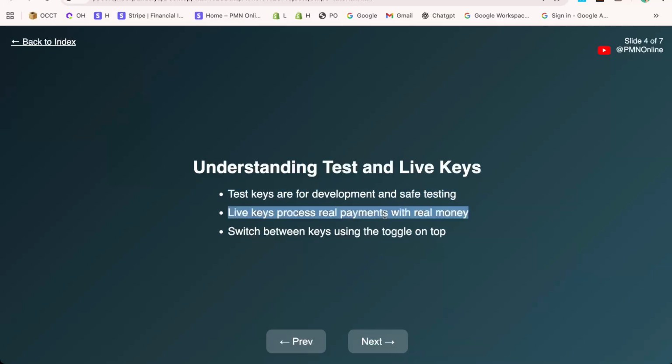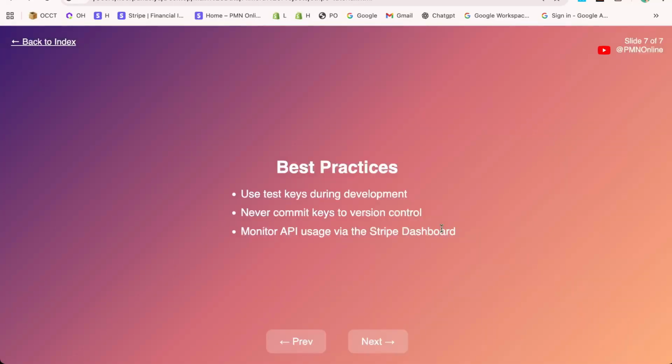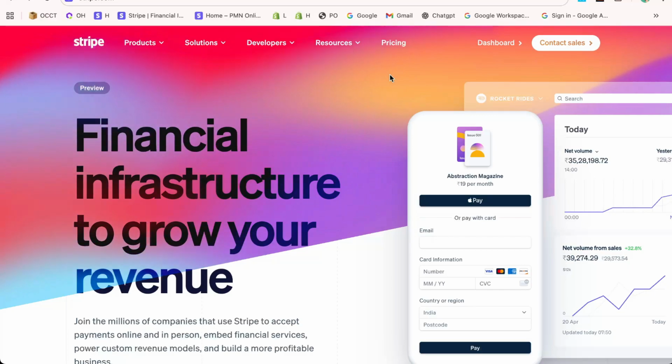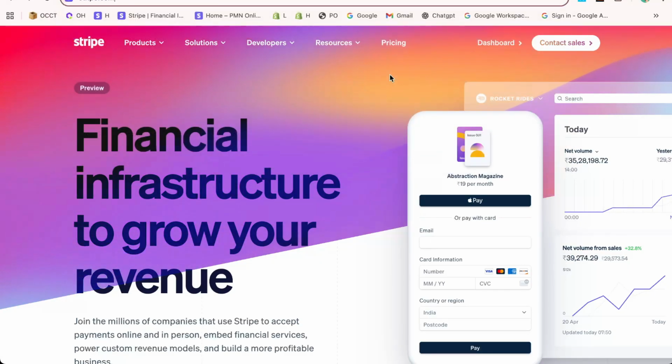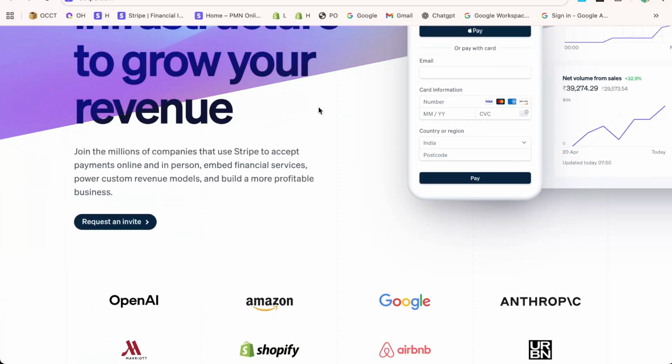First, head over to the Stripe website by entering stripe.com in your browser. This is the starting point where you'll log into your dashboard to manage your account and retrieve your Stripe API keys. On the Stripe homepage, locate the Sign In option at the upper right corner of the page and click